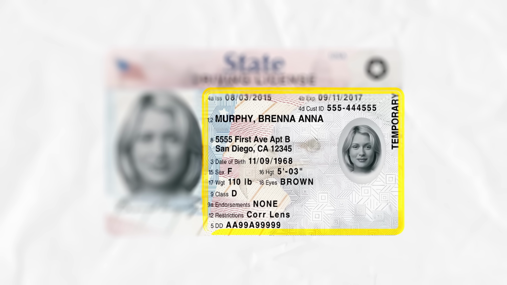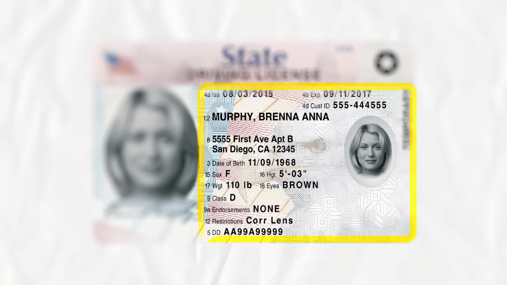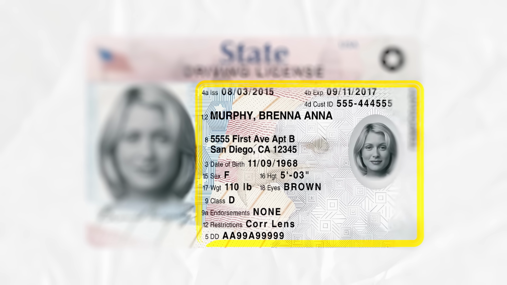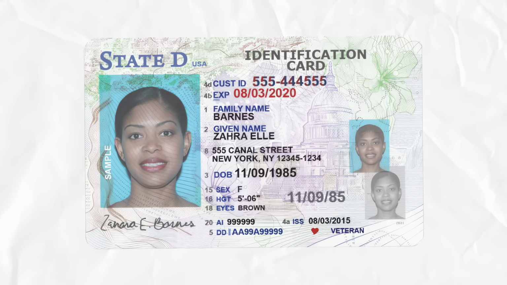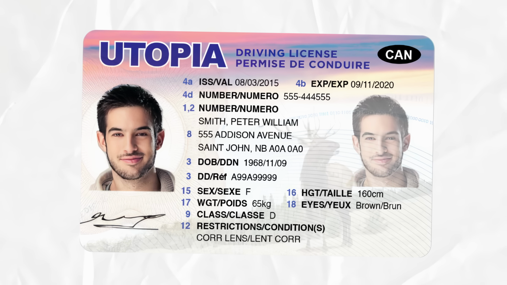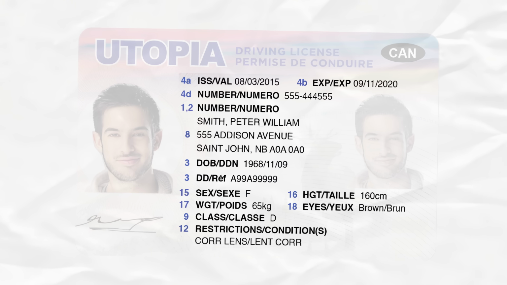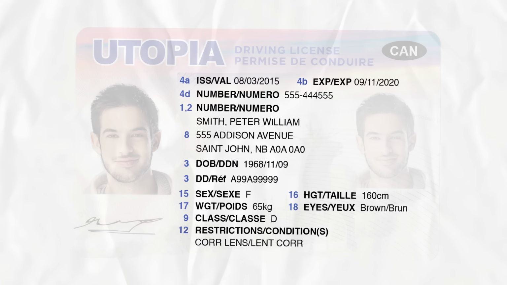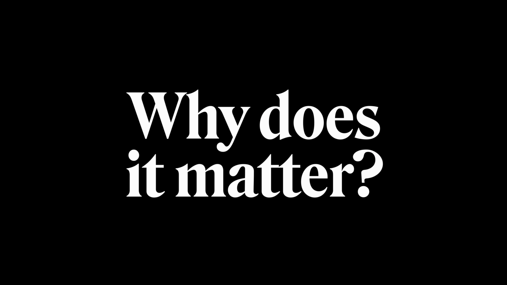Zone 2 contains the vast majority of data, including your personal information, dates of issue and expiry, vehicle restrictions, and other information such as organ donor status. Zone 3 must include your portrait and signature. I don't really have a problem with Zone 1 and 3, but my issue with Zone 2 is that it clusters various kinds of information together without setting a specific order, which often leads to an undifferentiated wall of text that's ugly and hard to read.